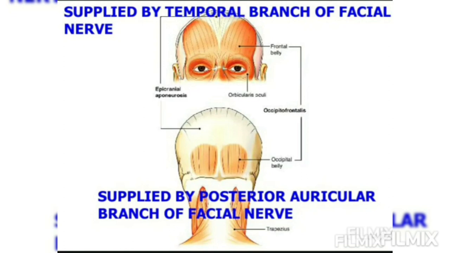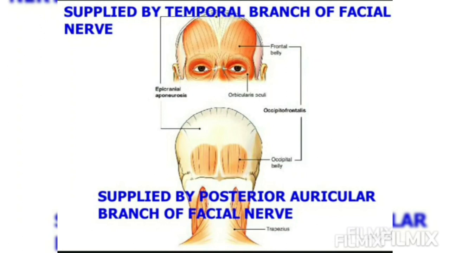Next, let's see the occipital belly, which is small and separate. It is supplied by the posterior auricular branch of the facial nerve. It arises from the superior nuchal line. Now let's see the epicranial aponeurosis. It is freely movable over the pericranium. It receives insertion anteriorly from the frontalis muscle and posteriorly from the occipitalis muscle. Where is it attached? It is attached to the external occipital protuberance and the highest nuchal line between the occipital bellies.